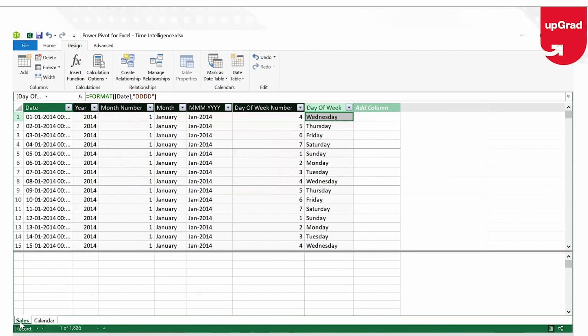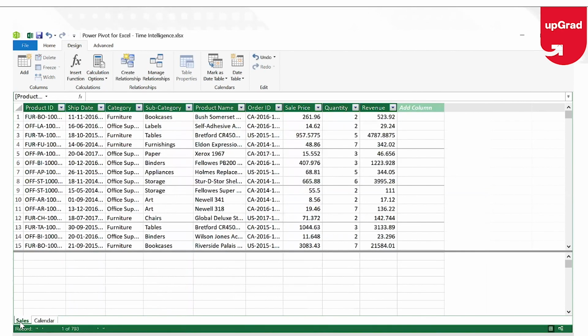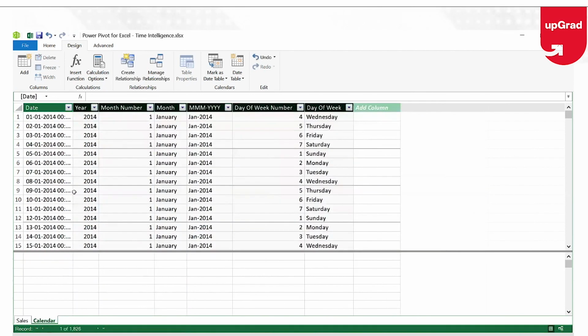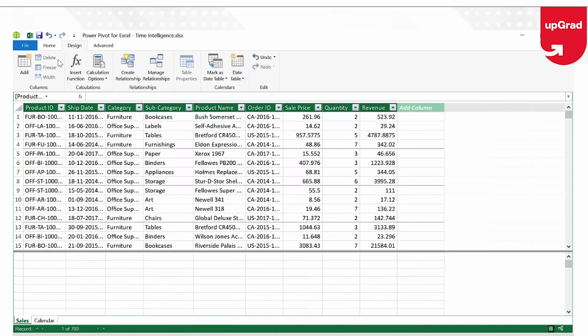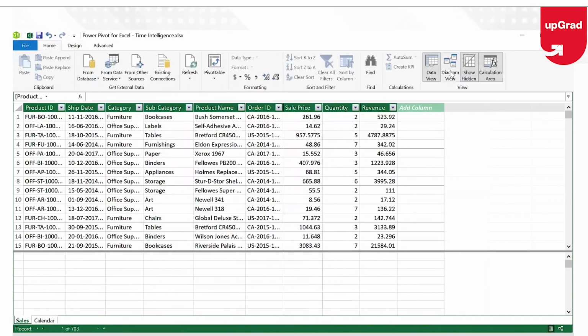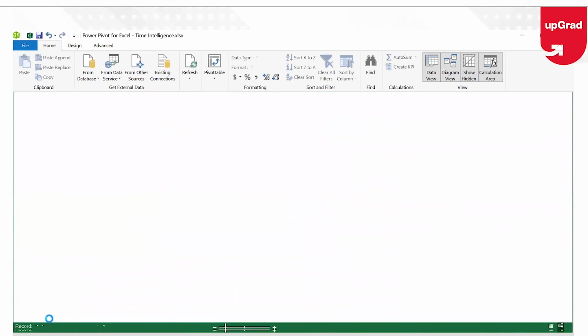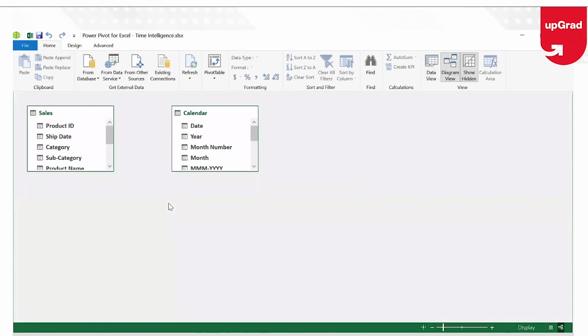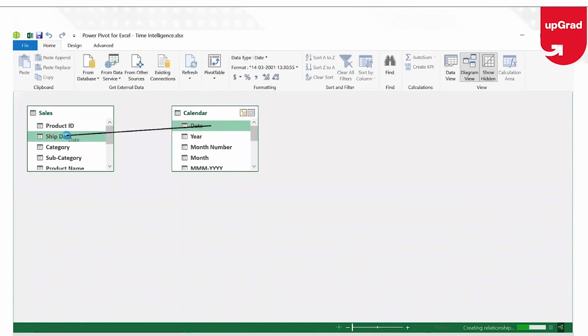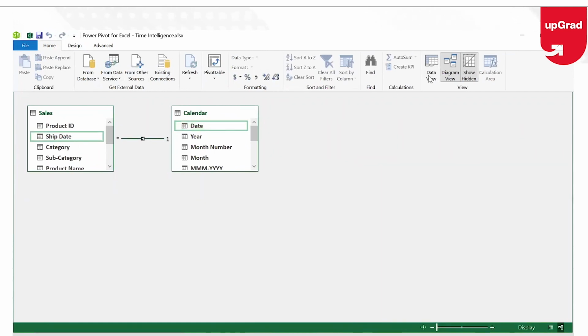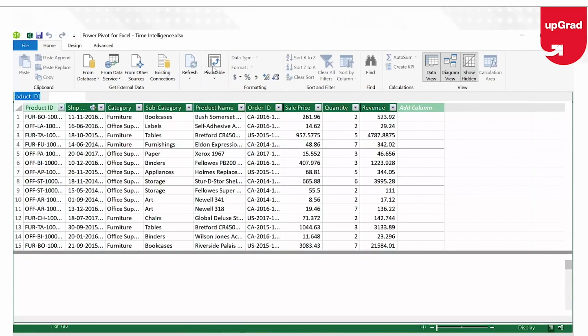Now if I need to create a pivot table to see these forms, I can easily go back and first create a relationship between the two. Now that this new calendar table has been created, it is very simple to create a relationship between the two. How are you going to create a relationship? Simple, just the date with the date. So I'm going to create a relationship between the date and the date. And once I have done that, I can go back and create a pivot table.